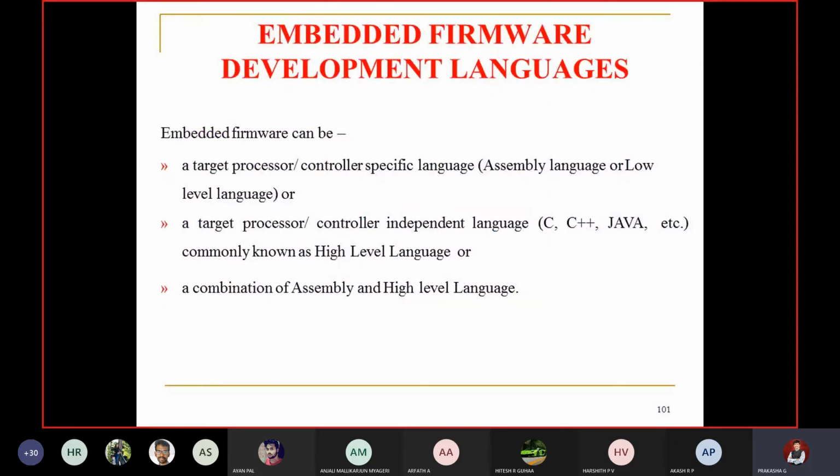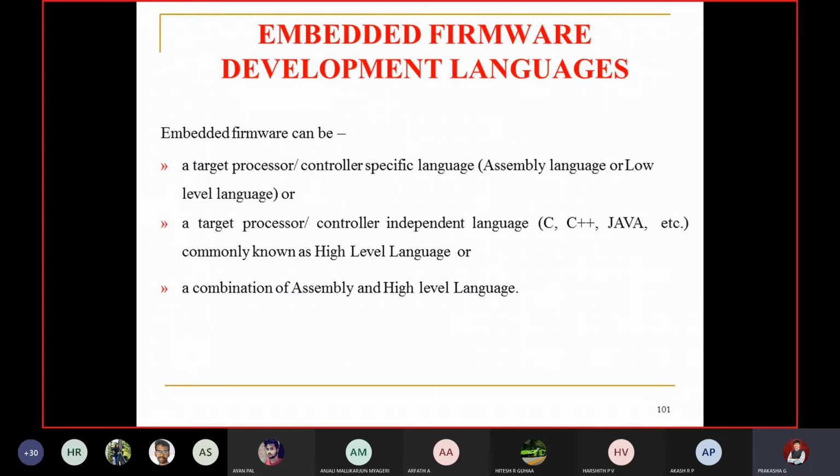Now, till now, we have discussed super loop model based embedded firmware design and embedded operating system based firmware design. Now, embedded firmware development languages. What are the different languages we can use for designing the embedded firmware?